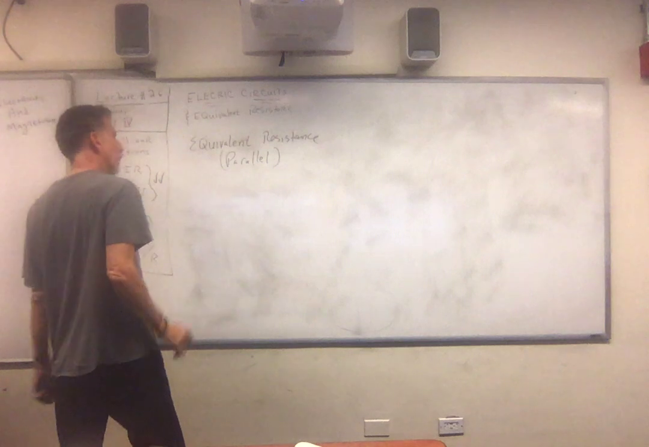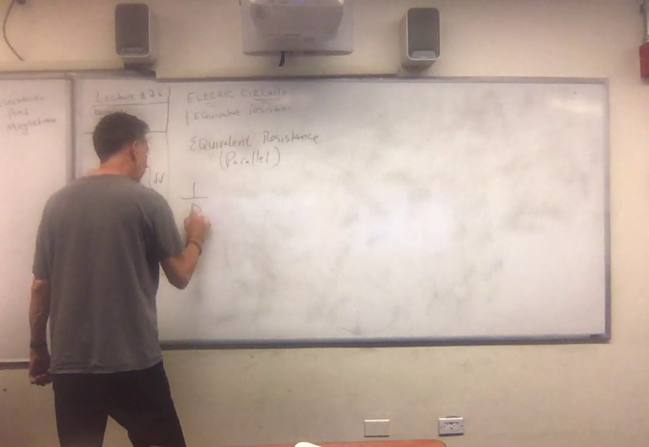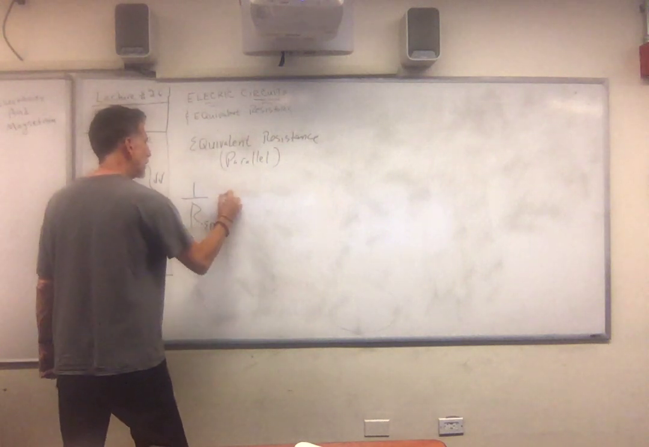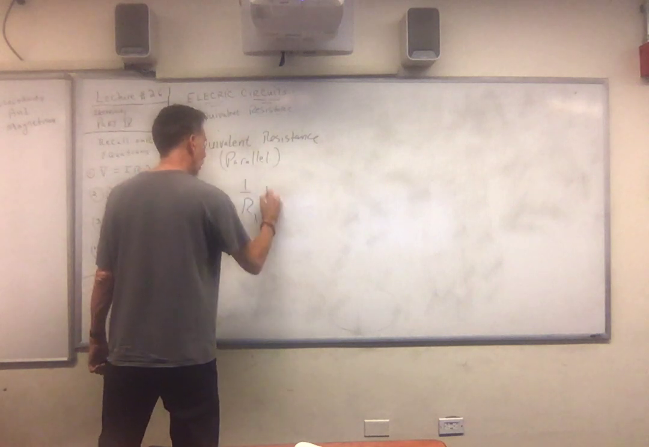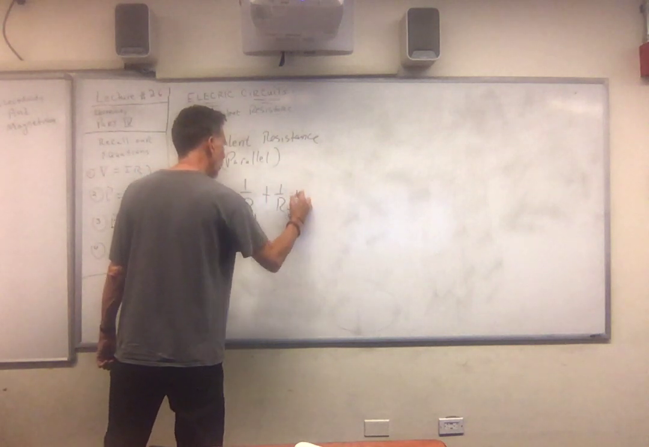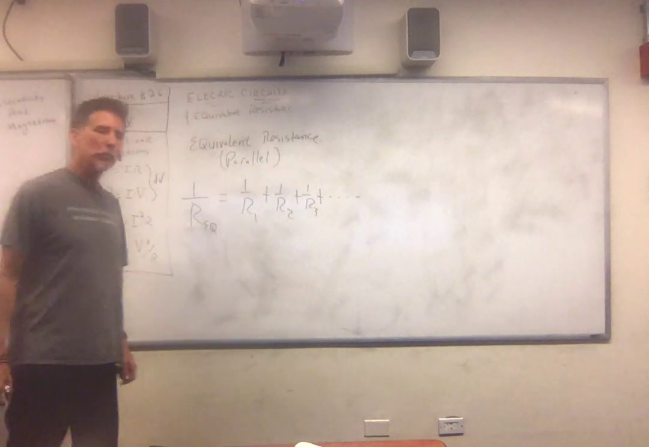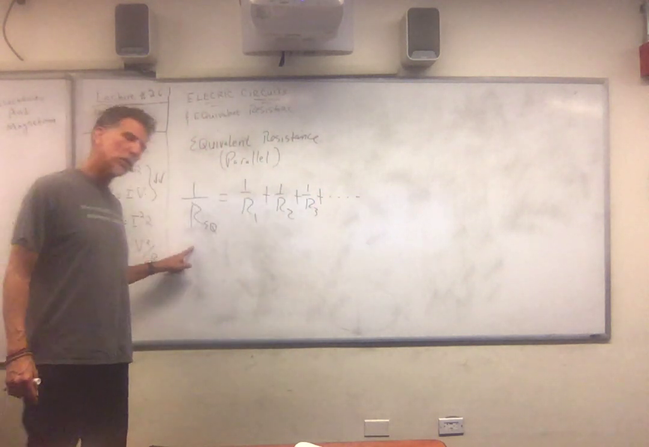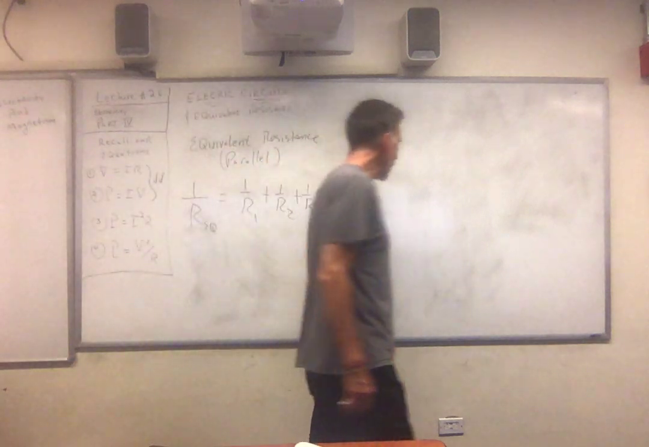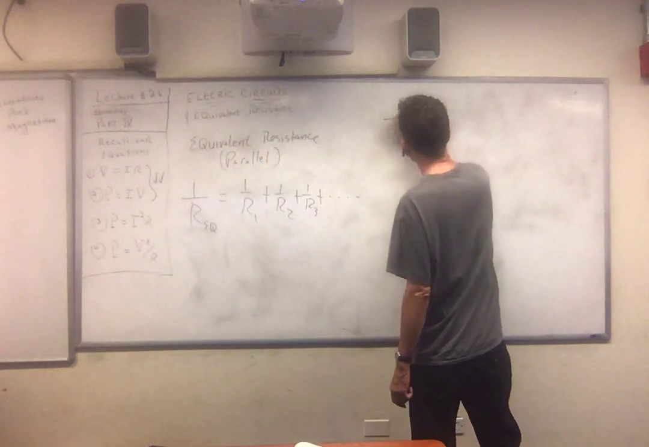Okay, so here's what it says. 1 over R equivalent is equal to 1 over R1 plus 1 over R2 plus 1 over R3 plus, you add them up. That's 1 over R. So let me show you a very simple example. All right, so watch this. Suppose I have